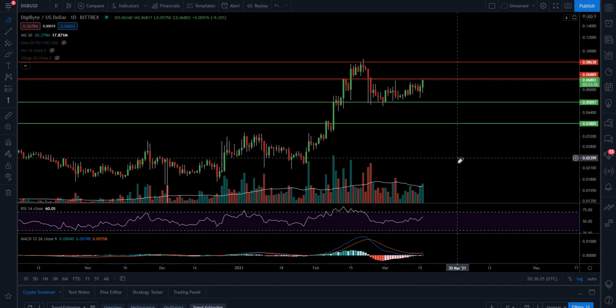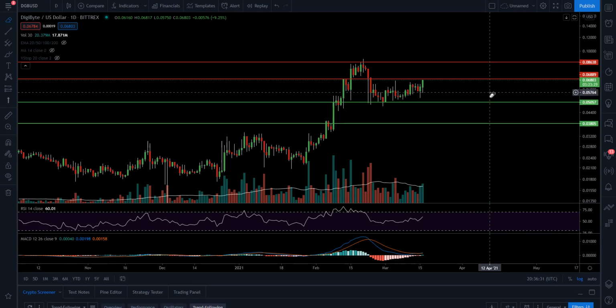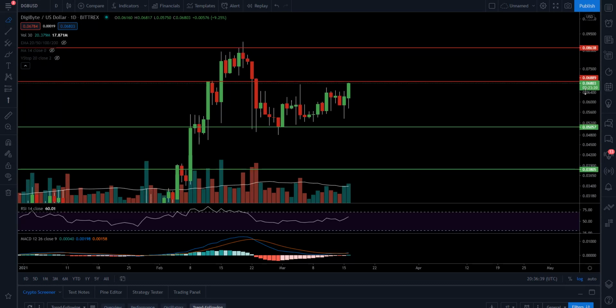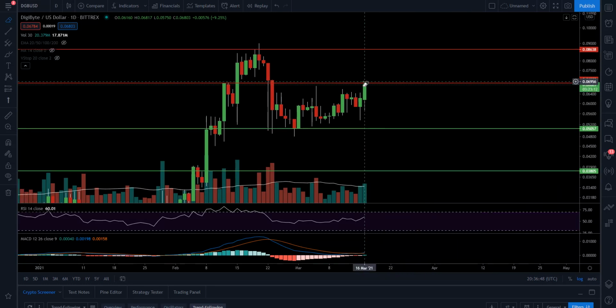So the main areas we're looking at now in terms of support, you can see we're in this little range here. Support, we want to continue to hold 0.05, and then it'd be up to around 0.05764. The overhead resistance we're running into right now, you can see this nice strong candle that we've had today. The overhead resistance is going to be roughly at about 0.06897 is going to be the area. If we can have a daily candle close up above that, that could open things up to roughly up to about that